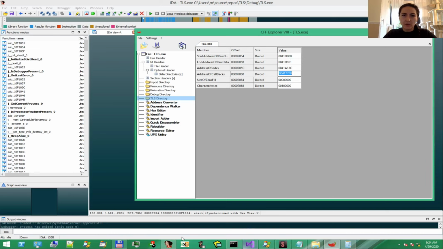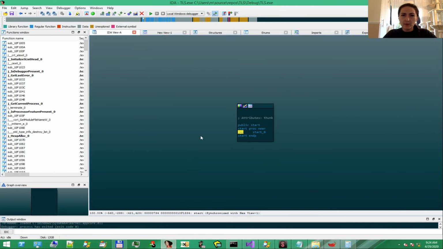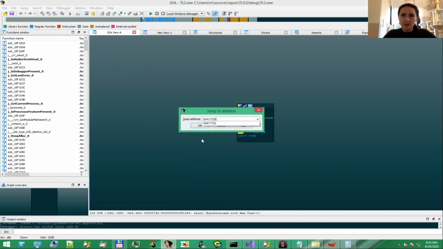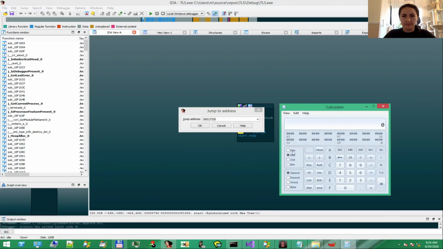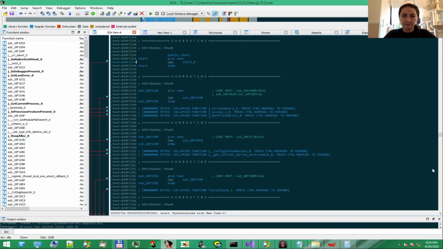We copy it and go back to IDA, but remember we have to add the new base, which changed after the debugging session. If I remember correctly, the new image base is 010E40, but let's check.